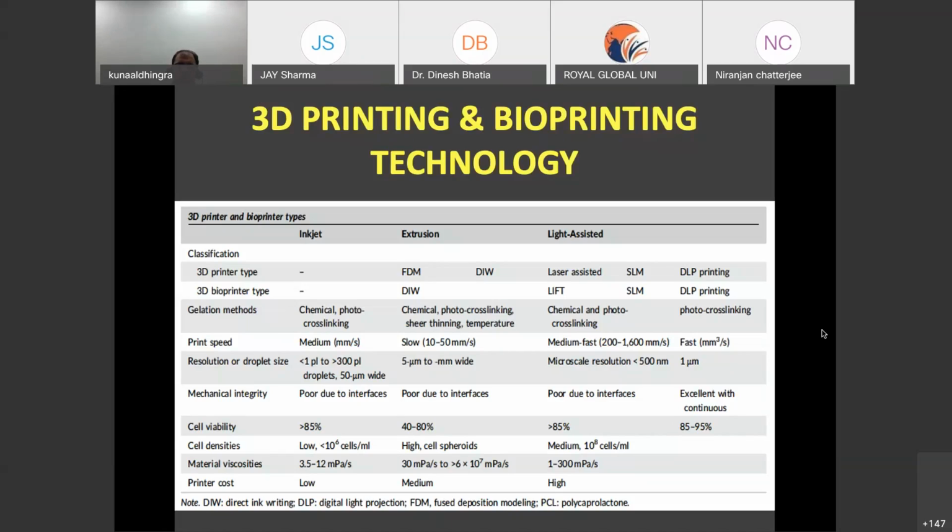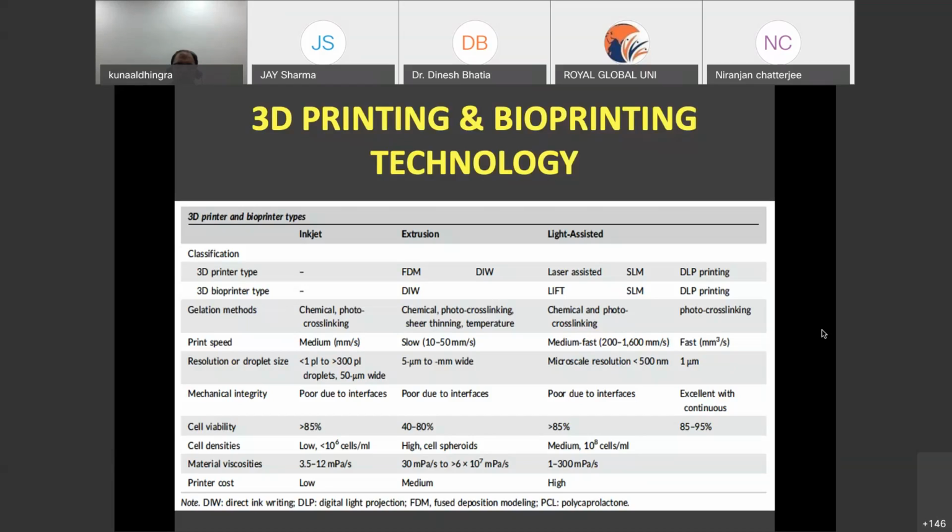So we classify those parameters as gelation methods. When a gel, a hydrogel, is put in a printer, it acts by chemical or photo cross-linking. In extrusion printers, the mechanism of action is chemical, photo cross-linking, shear thinning, and temperature. In light assisting, it is chemical and photo cross-linking, whereas in DLP printers, it is photo cross-linking. The print speed is medium in inkjet, in extrusion it is slow, and in light assisted it is medium fast